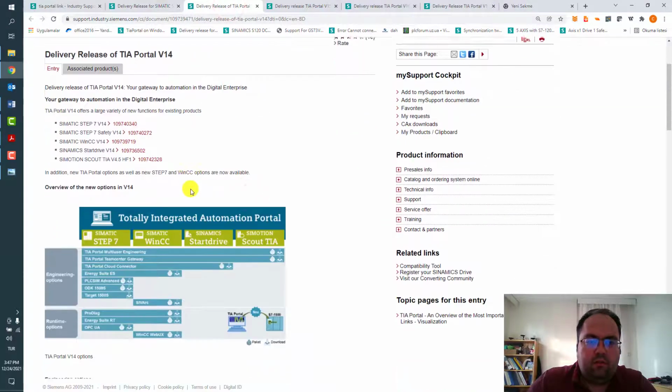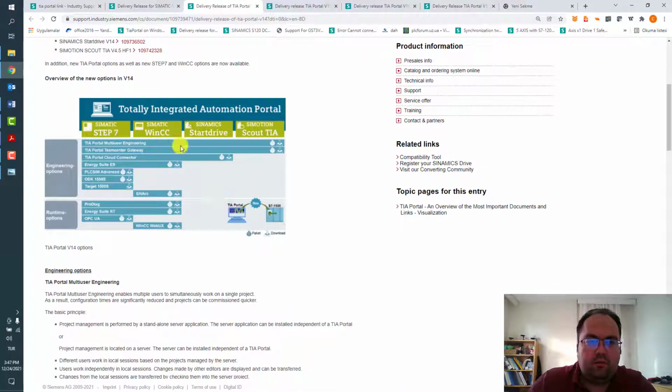For version 14, for example, there's an overview of the main options like Step 7, WinCC, StartDrive, and Scout TIA.